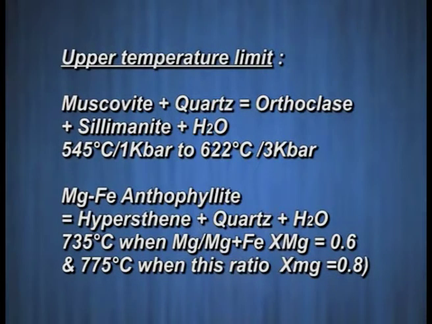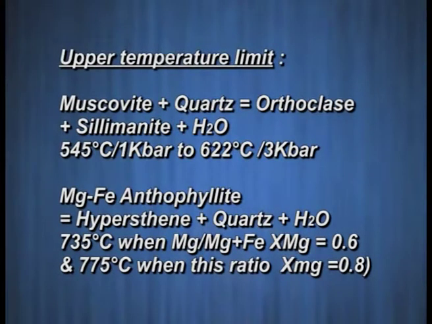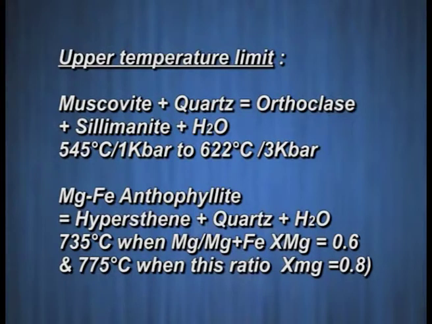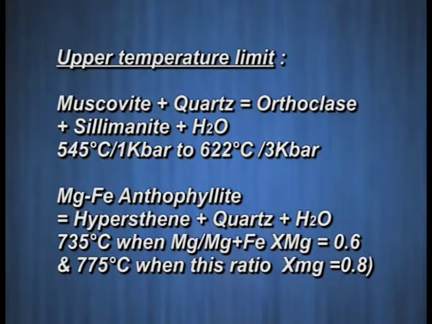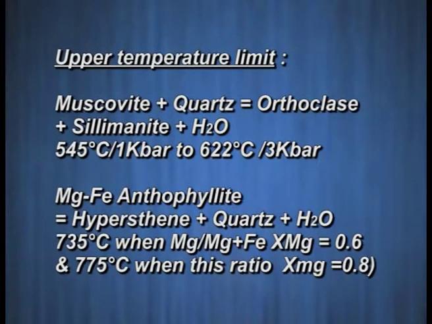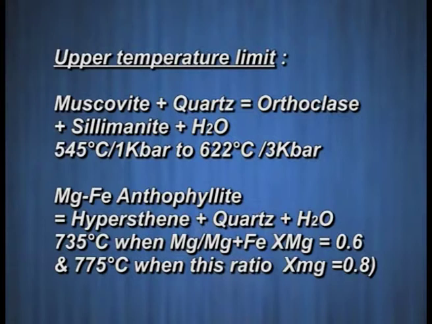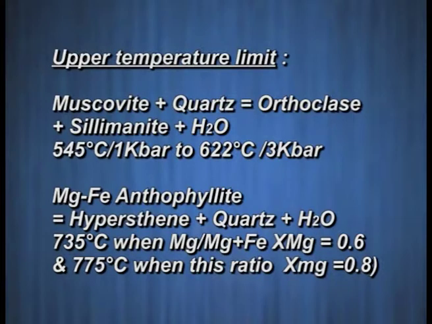1975. Another important reaction is Mg-Fe amphibolite giving rise to hypersthene plus quartz plus water, which occurs at 735 degrees centigrade when the Mg/(Mg plus Fe) ratio, that is Xmg, equals 0.6, and which occurs at 775 degrees centigrade when this ratio equals 0.8. Mg amphibolite giving rise to enstatite plus quartz plus water, which occurs at 745 degrees centigrade, 1 kilobar, by Greenwood